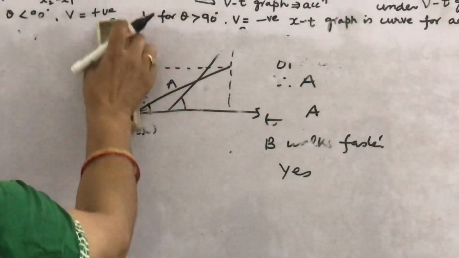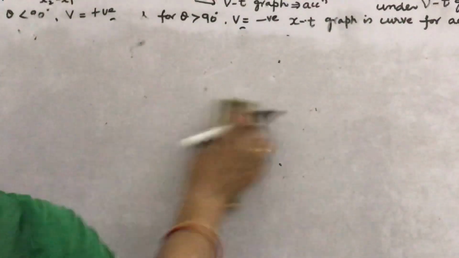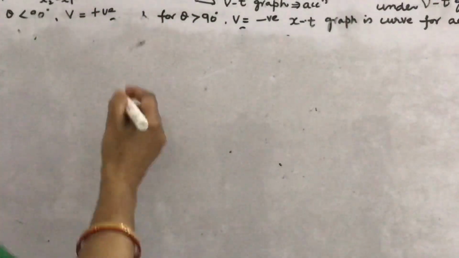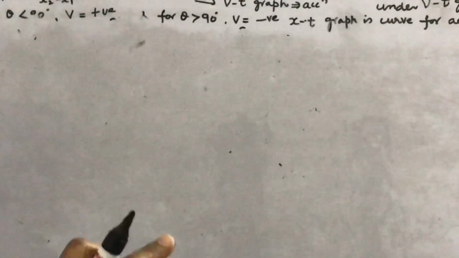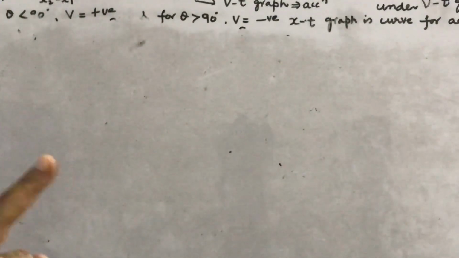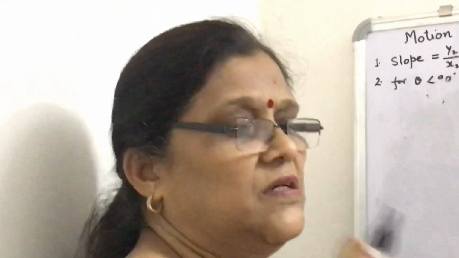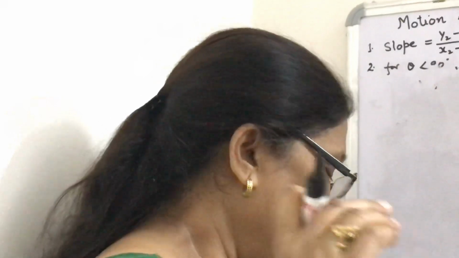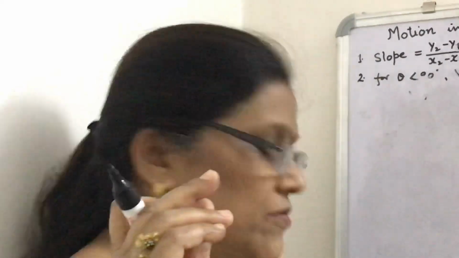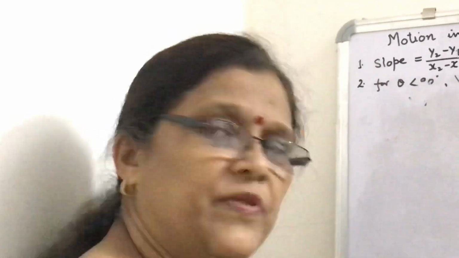Finally, one very interesting question is given, that there is a man who moves five steps forward and 3 steps backward. One step is of 1 meter and it takes 1 second. Then he goes up to a certain distance, and I am reading the question. A man walks 5 steps forward and 3 steps backwards again and again.